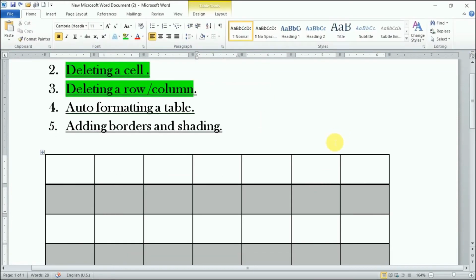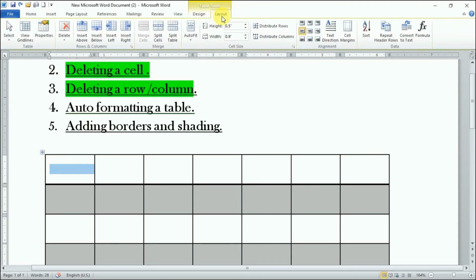Okay, so next topic is deleting a cell or deleting a row or column, right? For deleting a cell, we just need to select a cell which we want to delete. For example, I select this cell, right? Now I'll go in the layout tab and come in the delete option, right? Now here I'll open the drop down menu, and the very first option is delete cells, right?